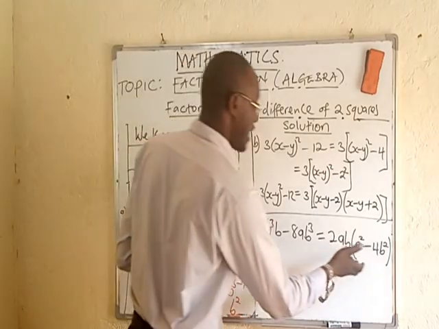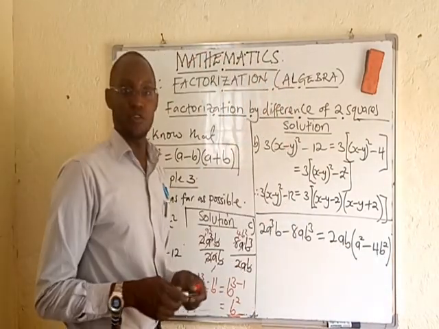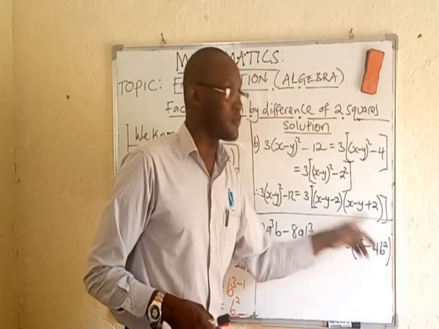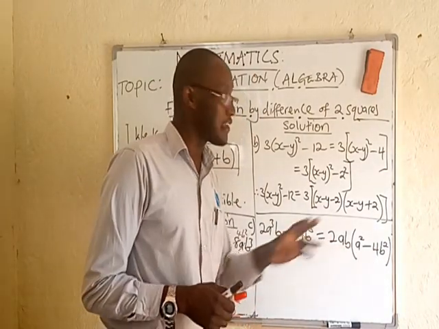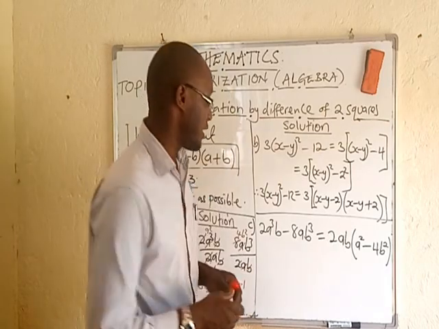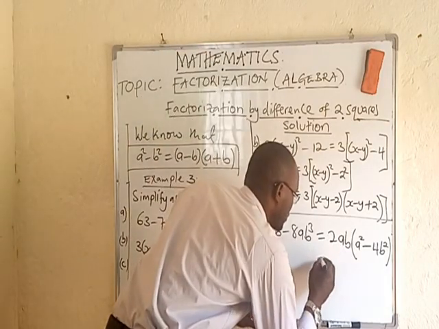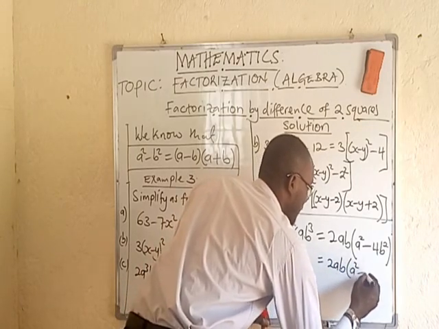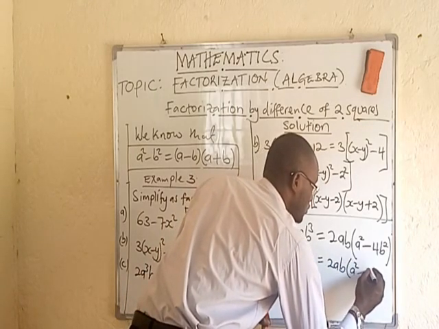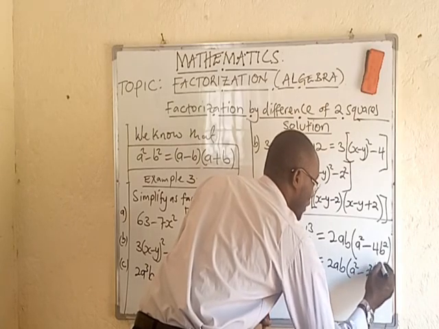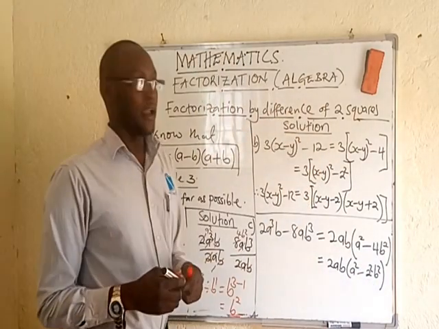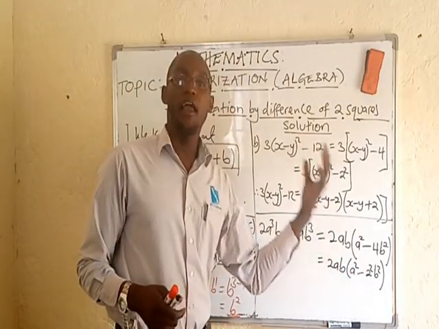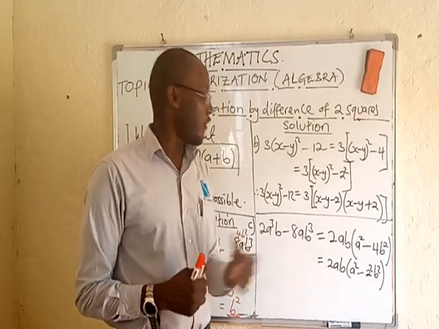Now let us go and see what else we can change on this. We can change a 4 in terms of the square. So 4 is the same as 2 squared. So let us go and do that. So this is going to be 2ab into a squared minus 2 squared b squared. That is our stand. But now on inspection, the bracket is becoming a difference of 2 squares. If at all this was 1